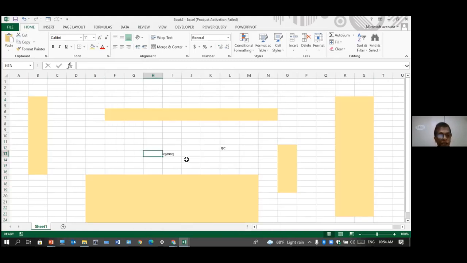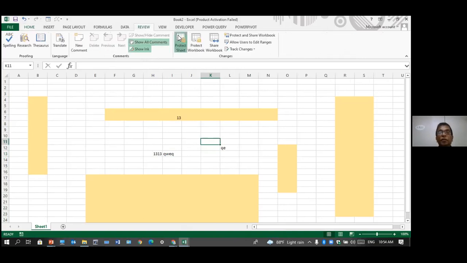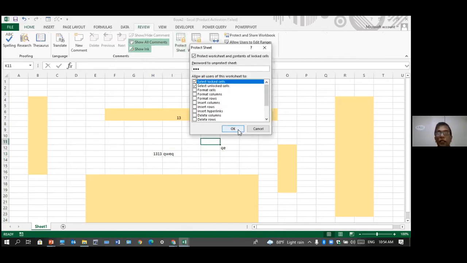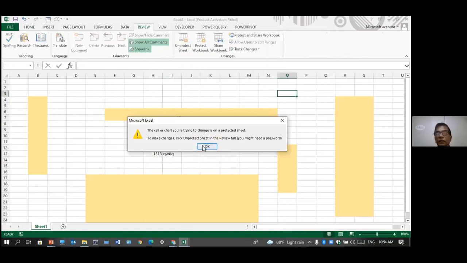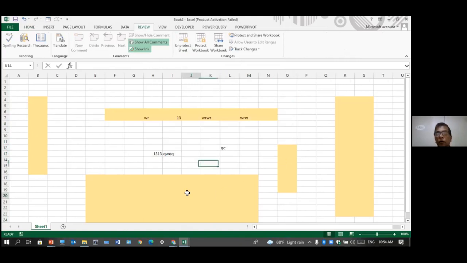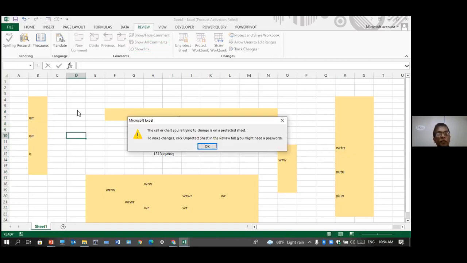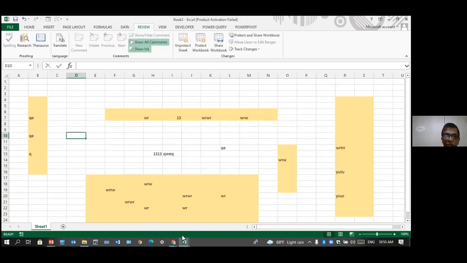Still nothing, no difference. You can enter anything here, enter anything here. No difference between the colored and non-colored. But the moment you put the password, protect sheet, and put 123 or any password for that matter, now you can enter in this. You can enter here, but you can't enter here. Can't enter there. Only in the colored cells you can enter. Why? Before doing the password, we remove the lock of the colored cells. Right? So here you can enter, but not here. That is the principle. So let's go to this and apply that.